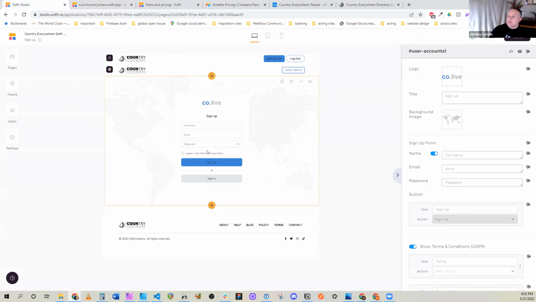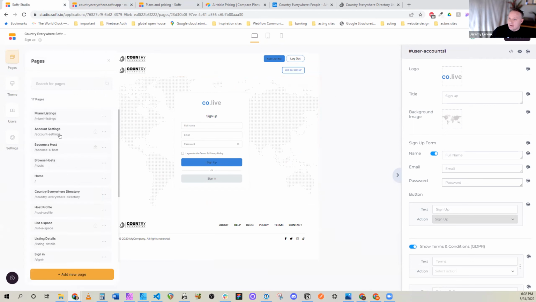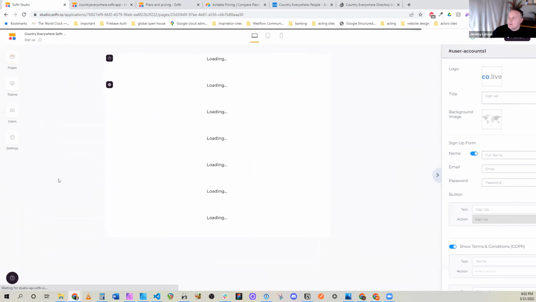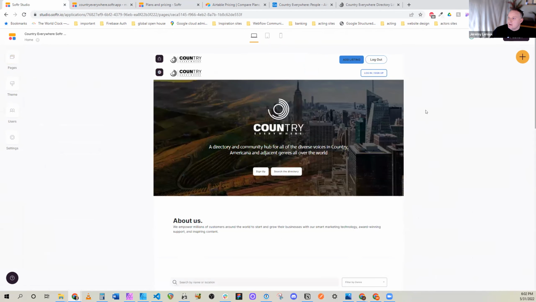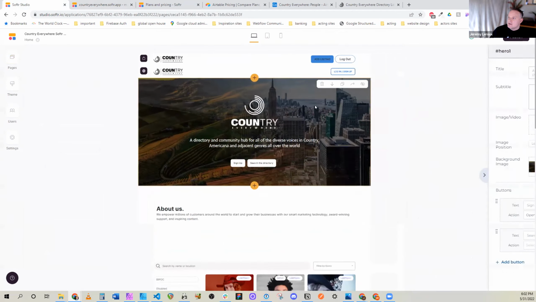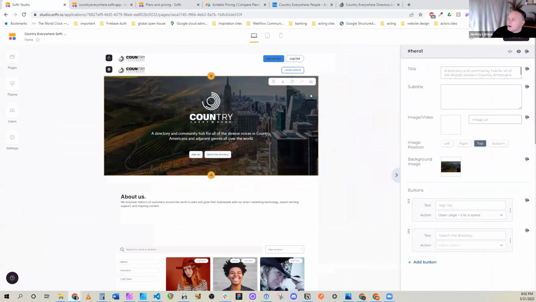Softr has this really cool setup, which is their Softr Studio. And the main thing that they have is pages. Let's just go with our homepage. And then they have blocks. With a block, you can do all kinds of different things. So if we wanted to add a block to here,